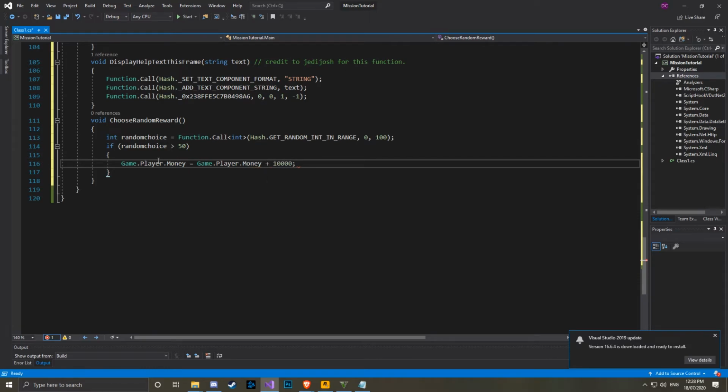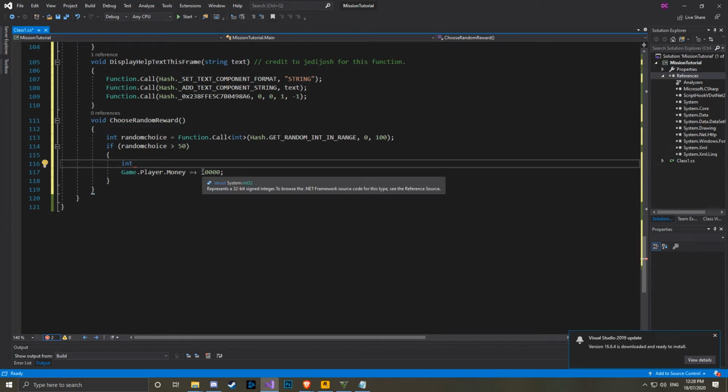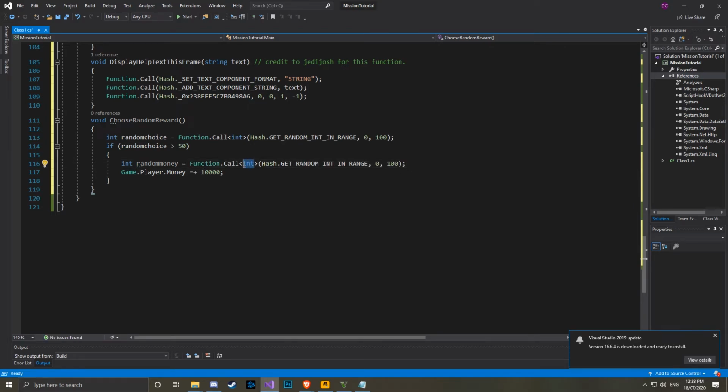So rather than running this twice, it's just this. So I'm going to create another int, and I'm going to make another random choice, and this one is going to be random money, like this. And we can go int, that's correct, and we'll set this to $100,000 like that. And then we'll obviously use this value right here. And finally element notify,